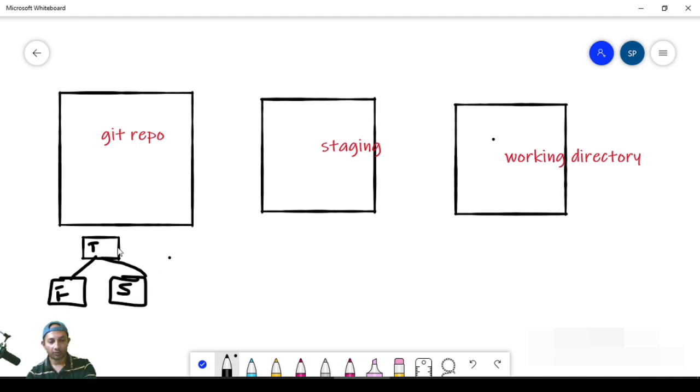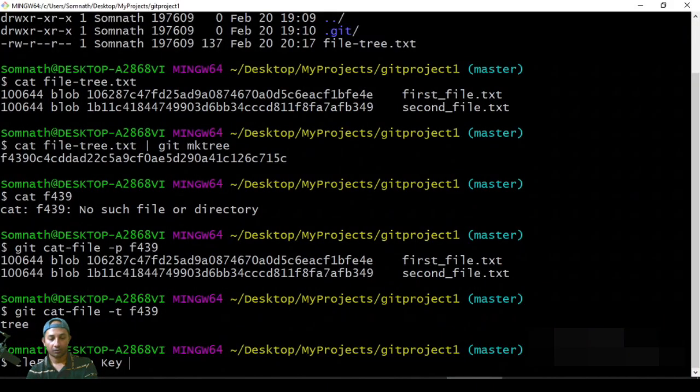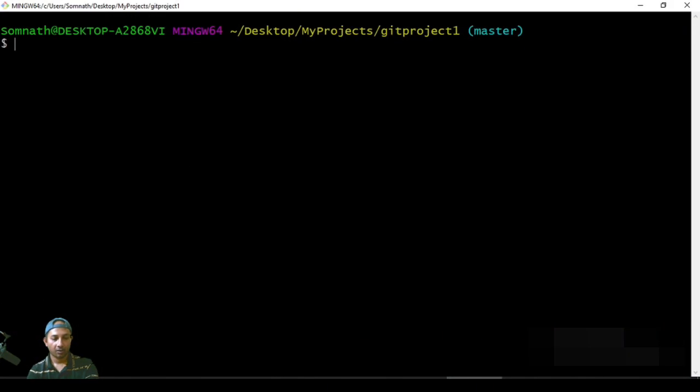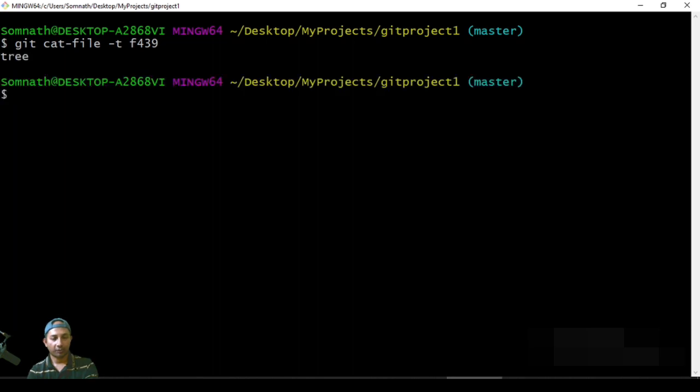So now what we'll do, we'll basically move this particular tree object into our staging area, right? So this file will come over here. So the entire file system will be automatically moved into the staging area. So for that, the command is actually git read-tree command. So let's do that now. So let's clear this content, and we know we had F439, right? So that was our initial four characters for the SHA-1 hash value for the tree object, and we know this is the type tree. So what we'll do, we'll write git